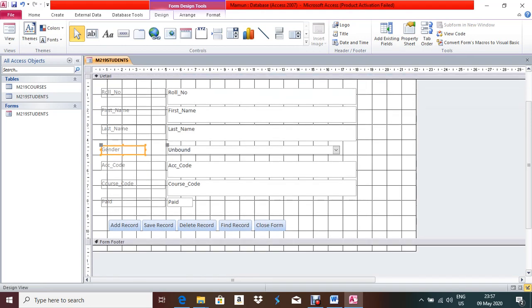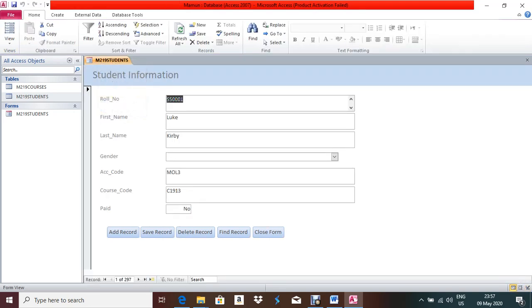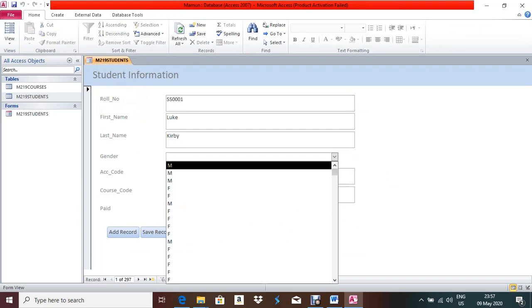Now the fourth one, what we'll do, we'll put some checkbox in the paid field, which is yes no. Always keep in your mind, checkbox you can put in a yes no field, yes no data type. Okay, so paid was yes no data type, right? If you open this one into normal form view, you will see it is written no and yes, and you have to select as well.